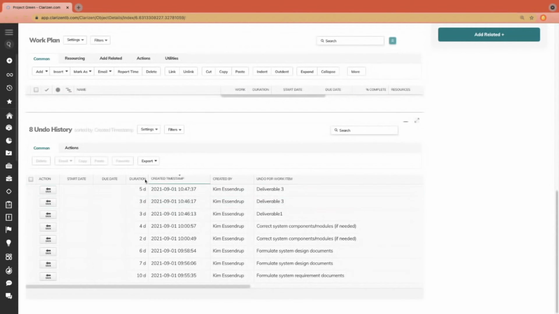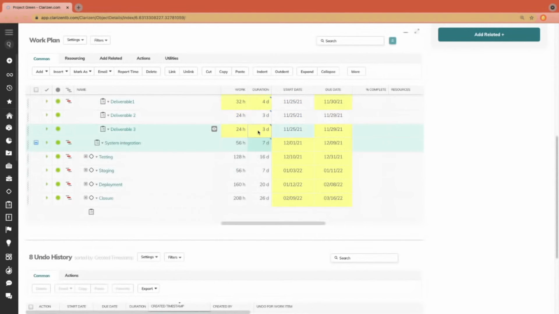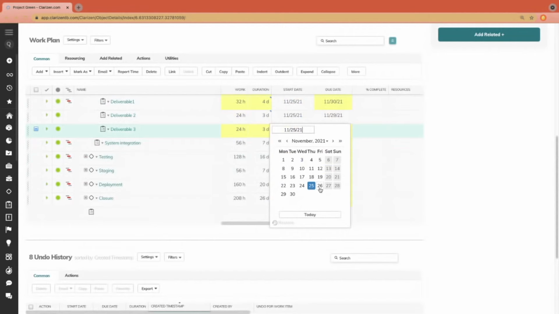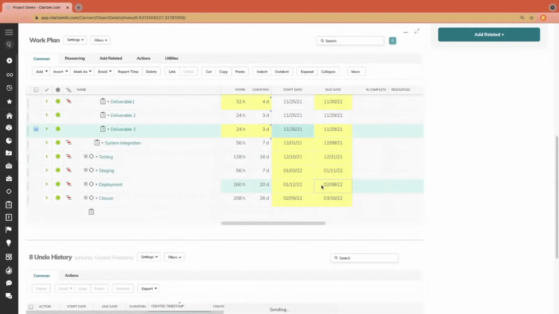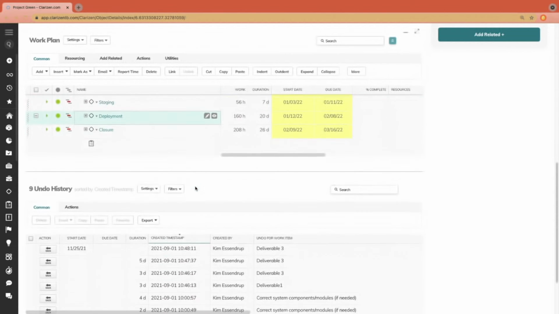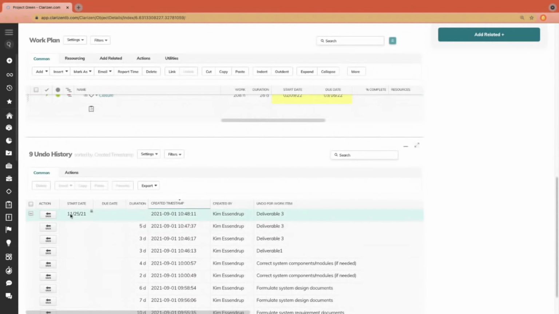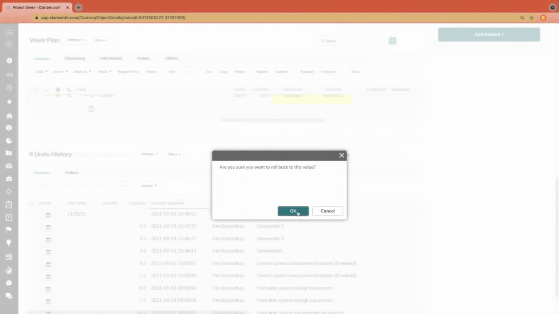It will continue to create logs anytime there is a change to the start date, the due date, or the duration. Here I'll also show you that I can change the date, and I can manually set that, which is not really best practice. We usually want our task plans to automatically schedule themselves, but now if I come down here, I can see that this is an undo. It was at November 25th, but I've changed it to the 26th,